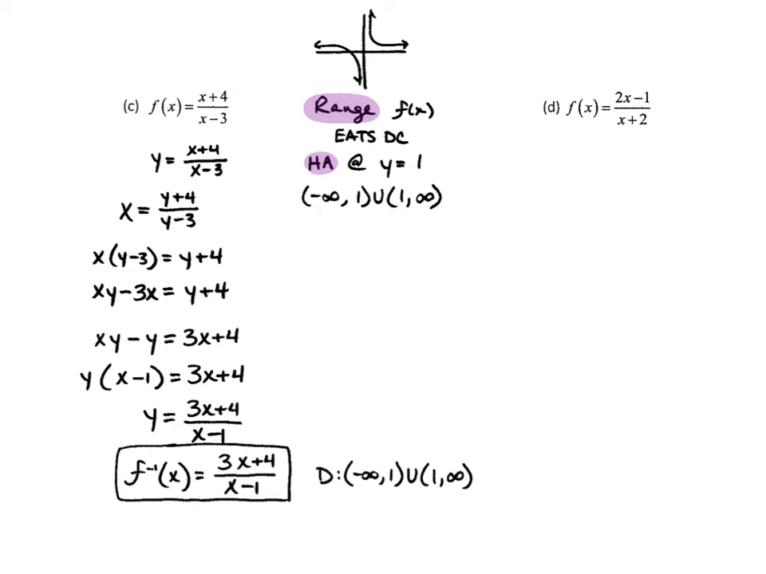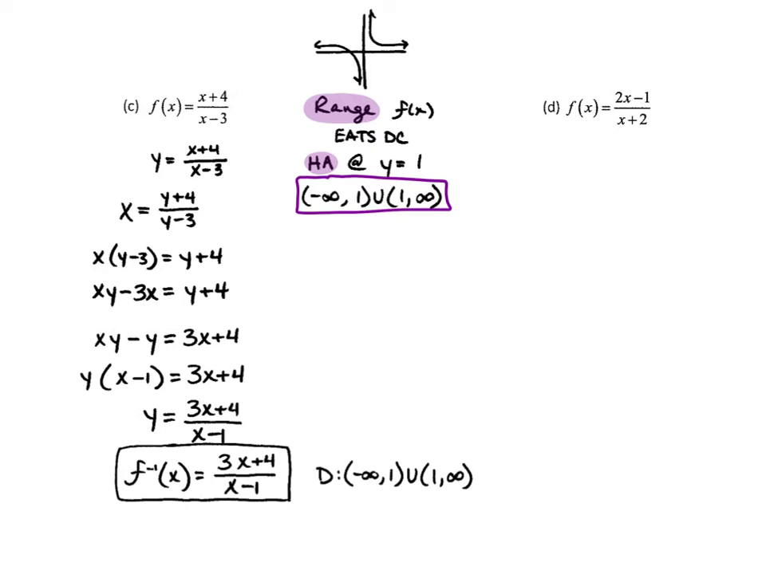This is an Eats DC question because the exponents are the same, and the leading coefficient at the top and the leading coefficient at the bottom are both 1. So we know we have a horizontal asymptote at y equals 1, which means that this graph shows up everywhere except for 1. That's the range of that beginning f of x function,